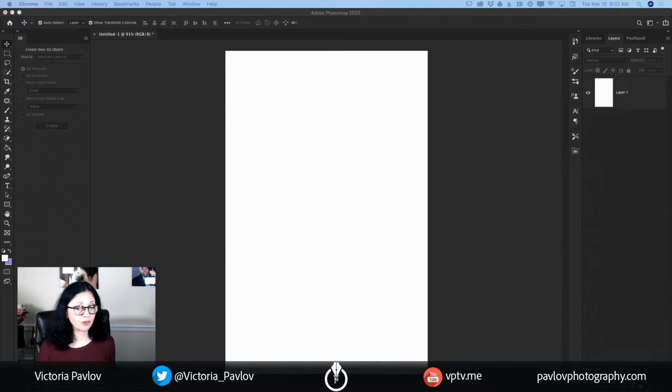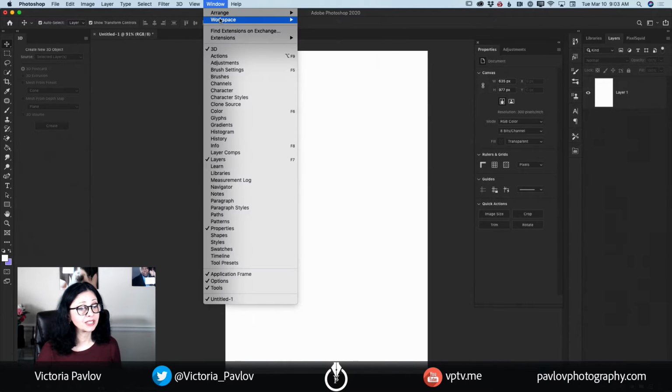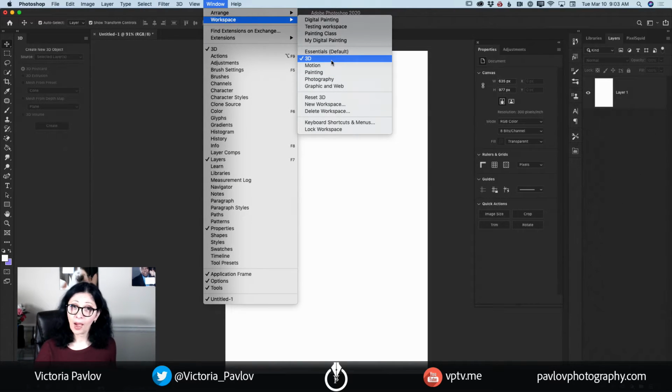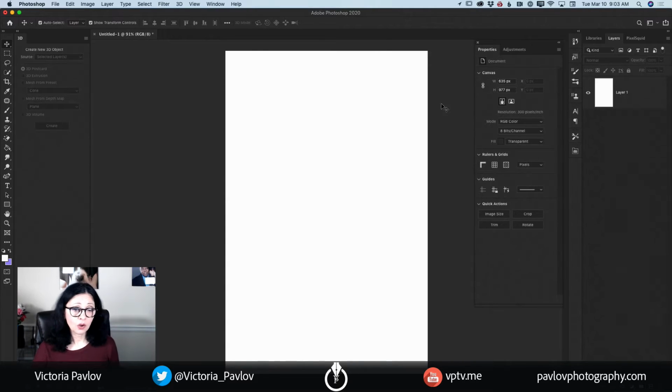As you can see, I have opened Adobe Photoshop, and by the way guys, I'm in the 3D workspace. Why? Because we are working on 3D compositing today, so why not? It's easy and everything is right under your fingertips. So when you're working with a 3D project, switch to the 3D workspace, and yes, you can customize the 3D workspace in a way you like. Also, as you can see, I have opened the layers panel, and now I have only one layer,